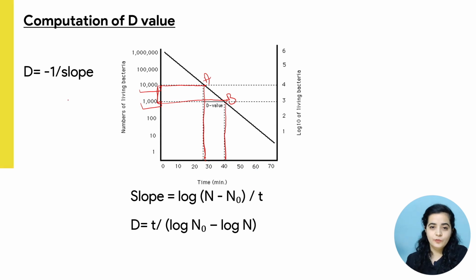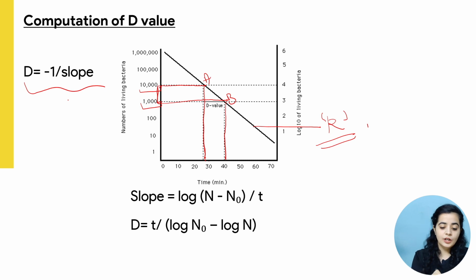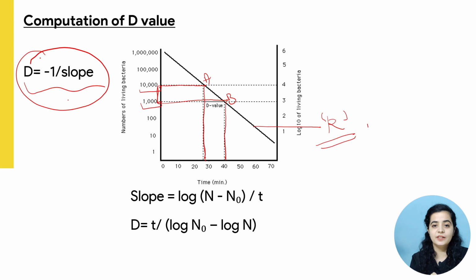Now let us derive an equation which is more commonly used in thermal calculations. In the microbial survival curve, it is seen that the D value is given by the negative inverse of the slope. And the slope of this curve is given by K, which is your bacterial inactivation constant. Now how did this relation come, that D is equal to minus inverse of slope? Let us see that with an example.